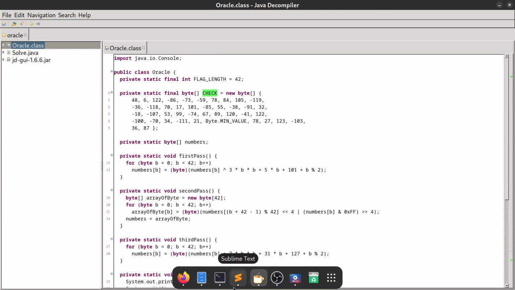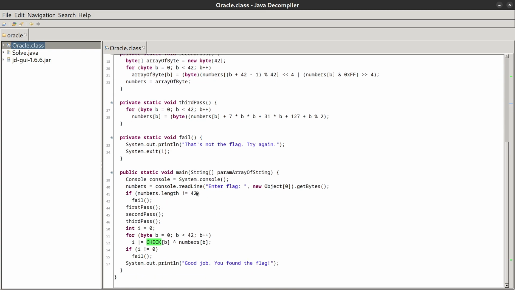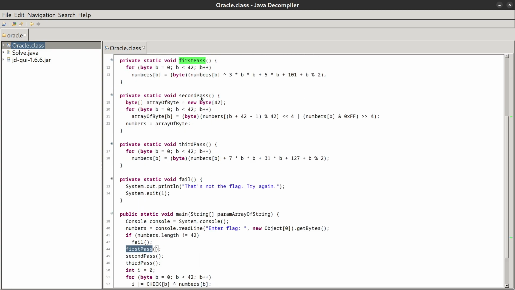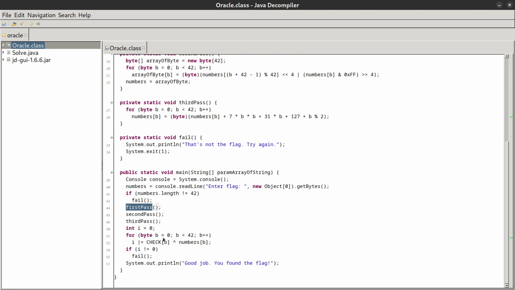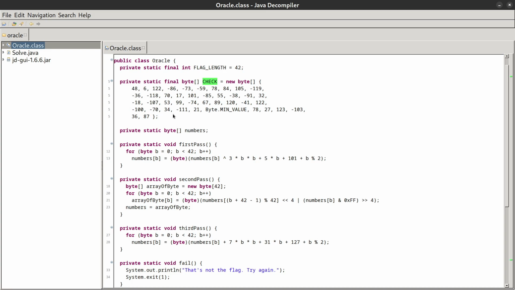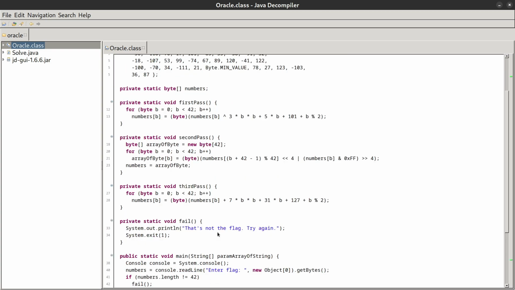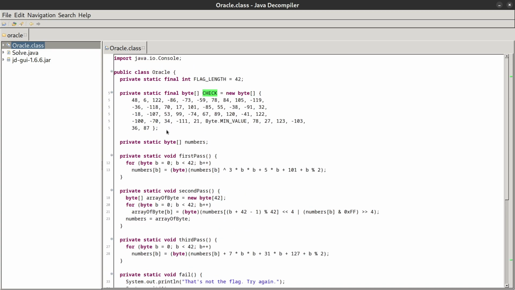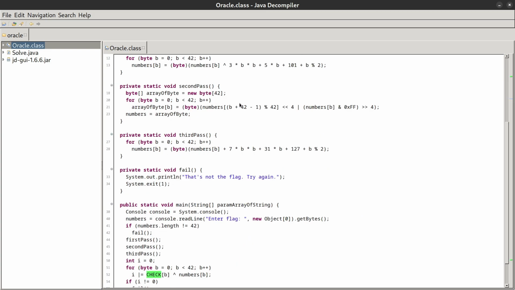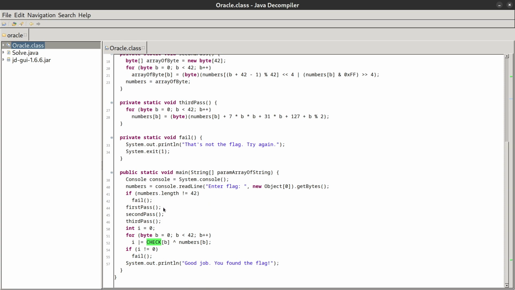Just by reading this, we can see that whatever the user inputs is first converted into bytes. Then those bytes are mutated by a series of 3 pass functions, which do a variety of scrambling operations on the input. At the end, there's a check to make sure each byte of the scrambled input matches against a hard-coded array of bytes as an output. If the 2 byte arrays match, then the input must have been the flag. This is a fairly standard reverse-the-encryption style reversing challenge, where this check array is essentially our encrypted flag, and we need to apply these passes in reverse order to determine the original flag.